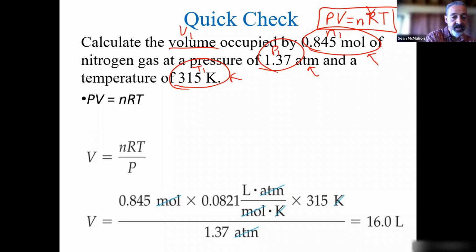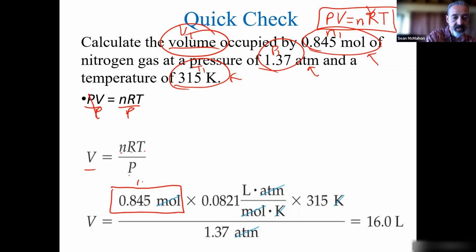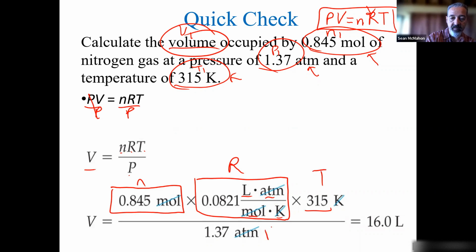So what I could do is, to solve for volume, divide everything by P. So it cancels. I'm left with volume is nRT over P. I plug in for n, my moles. Notice the R. What are the units? Liter, atmosphere, mole, Kelvin. That's why I need what for temperature? Kelvin. And then for my pressure, I need what? Atmosphere. I notice that the moles cancel, the Kelvin cancel, the atmosphere cancel, leaving me with liters, and I get 16